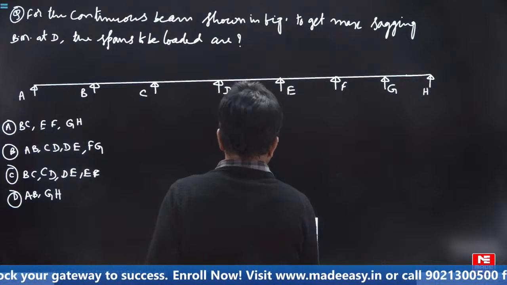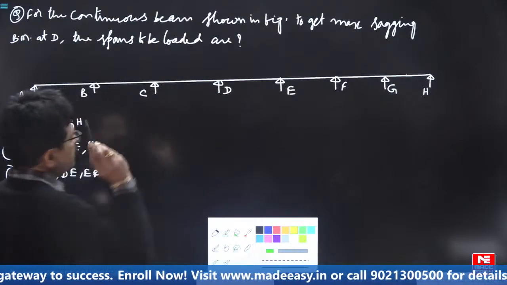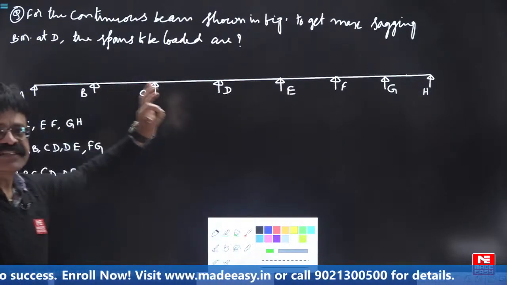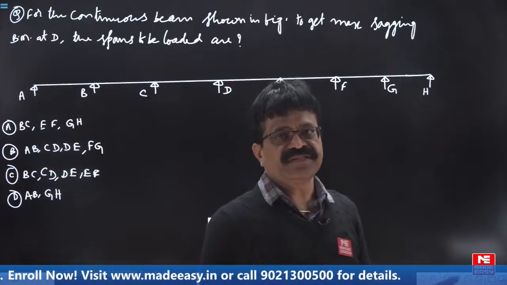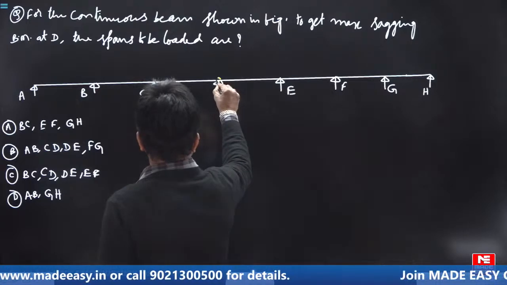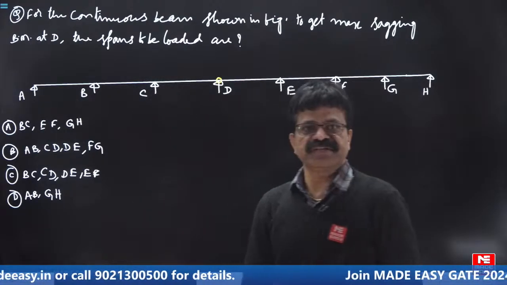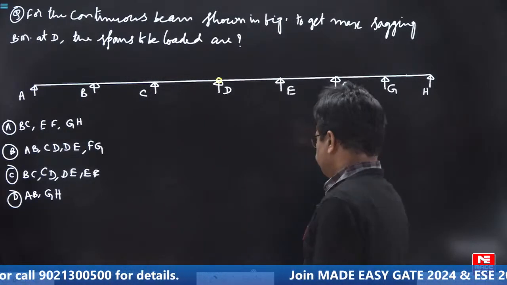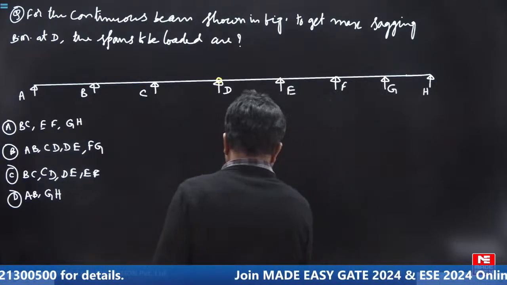Now see, to draw ILD for bending moment at any section in indeterminate structures, at that point we have to assume an imaginary hinge. Now you have learnt in SM that